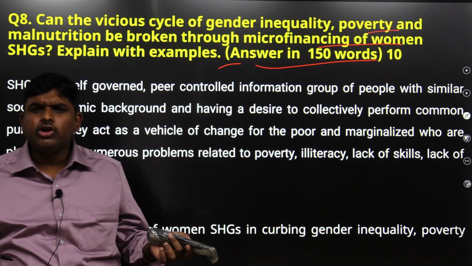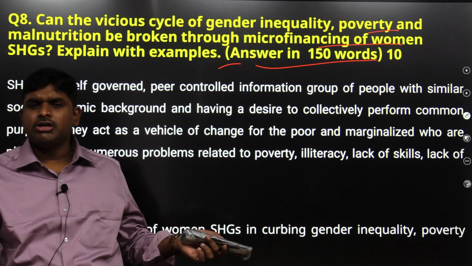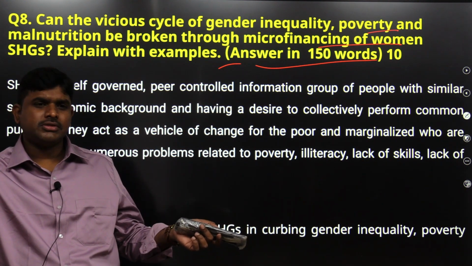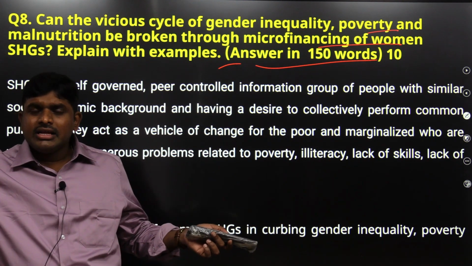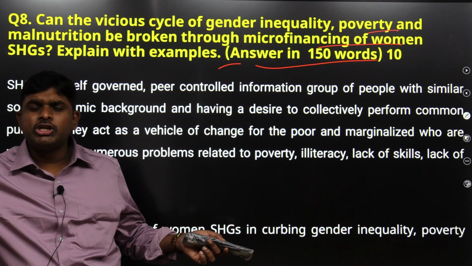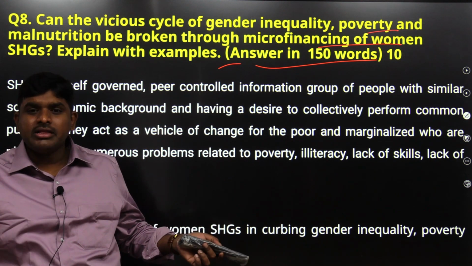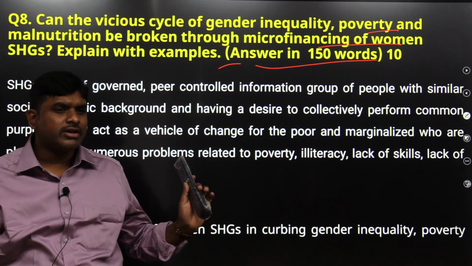And what is a self-help group? It is nothing but saving of money. 100 rupees, 100 rupees, 100 rupees, 100 rupees, 100 rupees, 1000 rupees. Who wants 1000 rupees? This person wants 1000 rupees. Like that, the requirements of the members of the self-help group are satisfied every month based upon this allocation of funds.